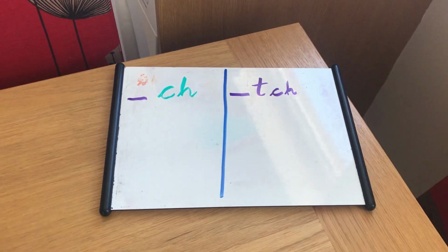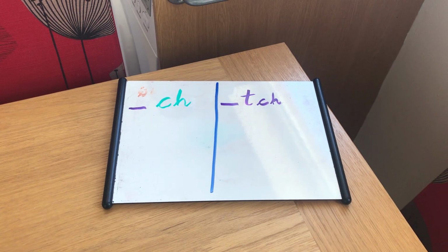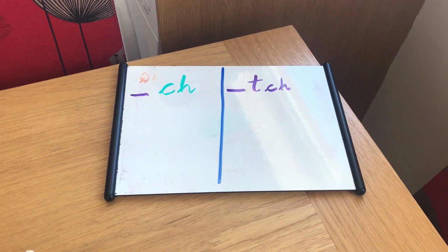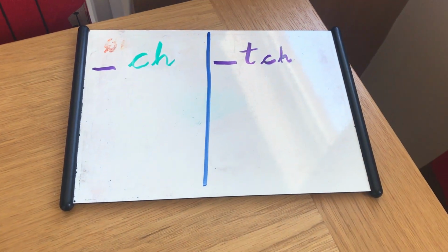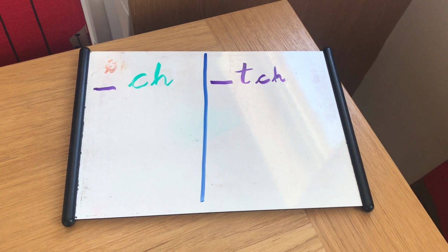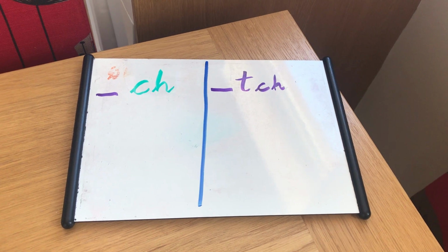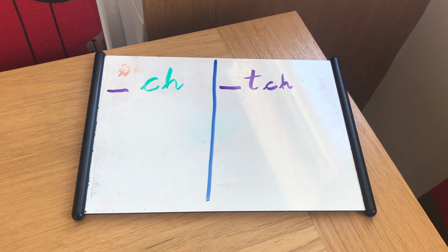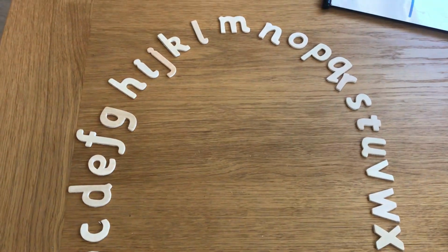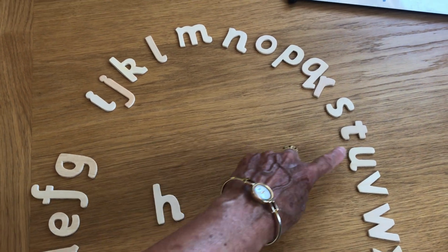So let's have a little minute to ourselves. Can we think of any words that end in these sounds to write on a whiteboard or a piece of paper to begin with? Let me have a little think. Oh, does anybody have a rabbit? What do we keep a rabbit in? Maybe in the garden. Okay, let's have a little think. I'm thinking the rabbit might live in a...